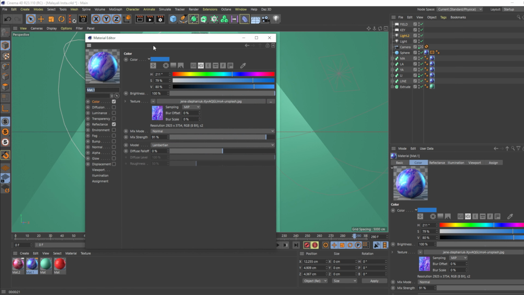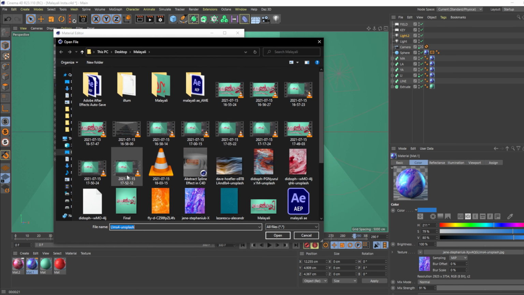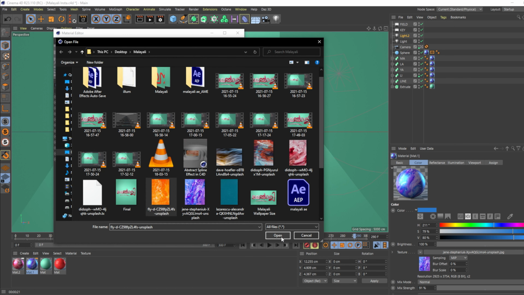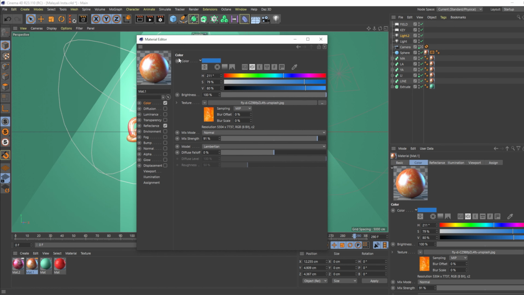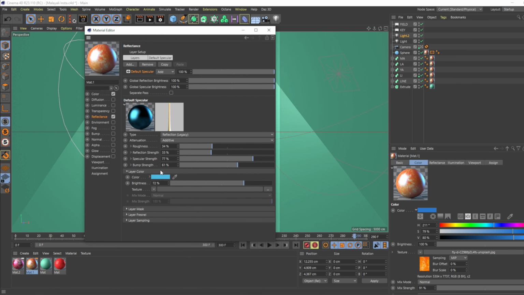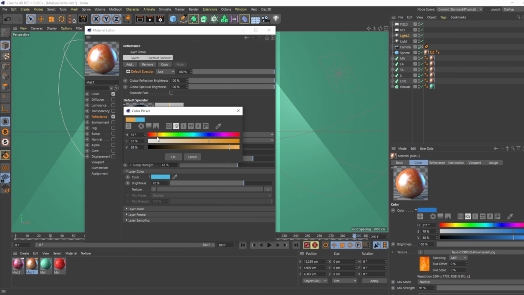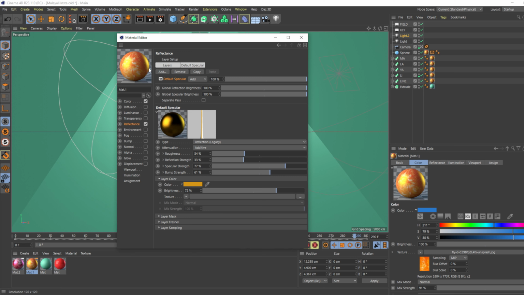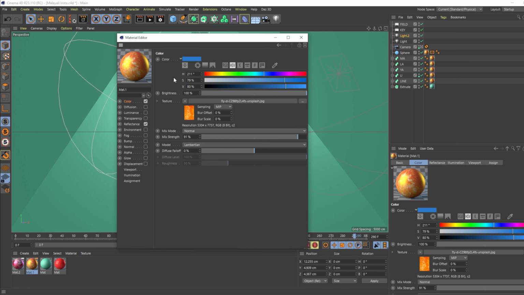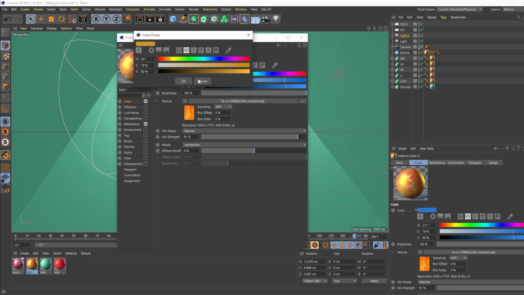Let me load in another image and go with this one. It's a yellowish orange one, and let me change the reflectance to something close to that, orangish. You can see that the reflection or shininess changes, and let me change this color to something close to this.